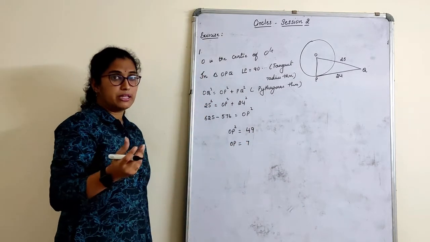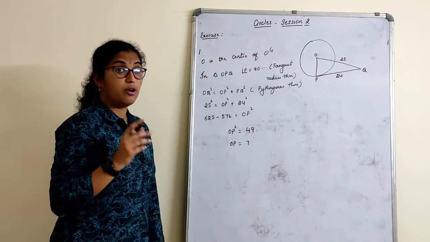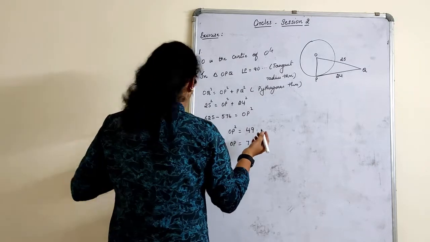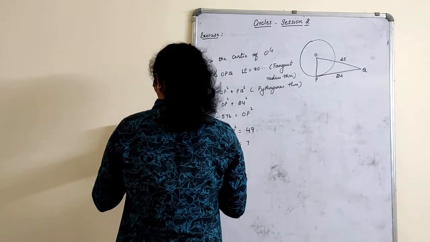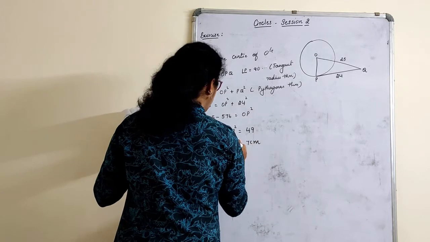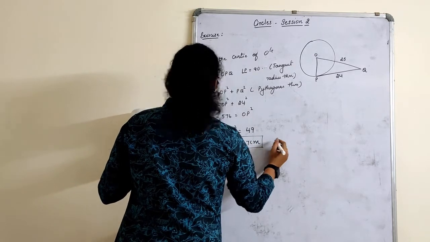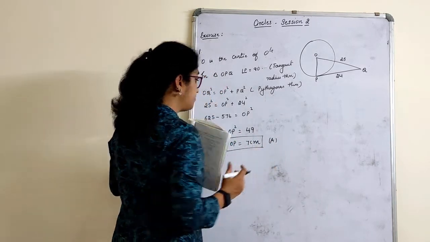Always the square root has plus or minus values. Side was always in plus. Centimeter, what have they given? Yes, centimeter. Which option is correct here? According to this, A option is correct.